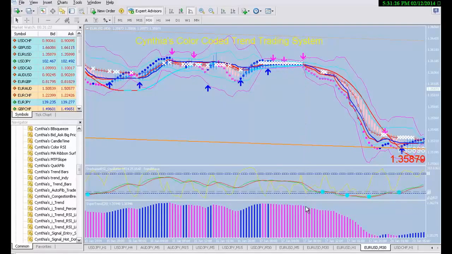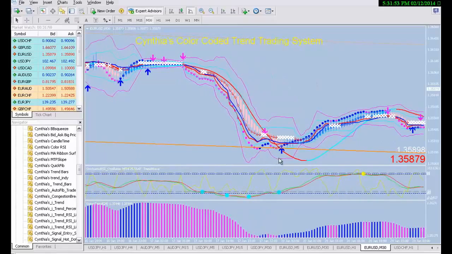tell you to go short, and you just run your eye down, and you can see the stochastic and RSI is very low, and you have the red or the magenta super trend. So you can go short and then just stay in the trade until you see the blue ball and the white X, and you can get out somewhere around here. Now again, in this trading system, you're never going to get the perfect exits,